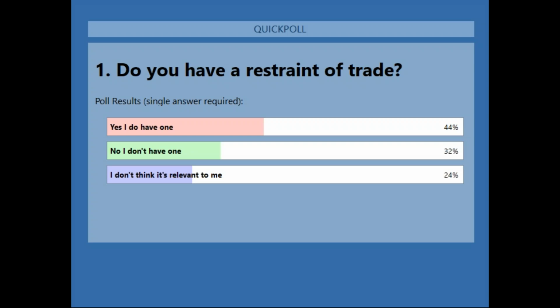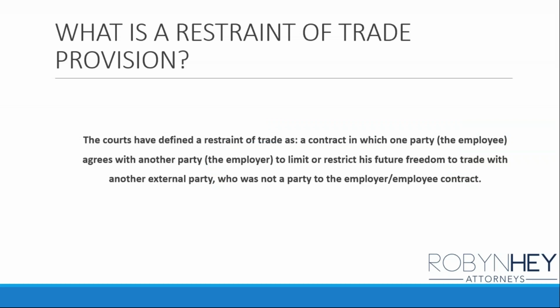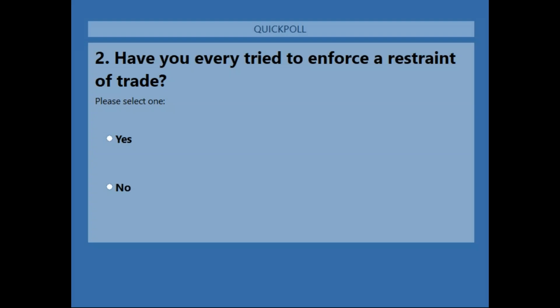Yes, I think it's not surprising. A large majority of people have a restraint of trade clause. Often what happens is that it's not something that is relevant to their particular business, so it's very hard to enforce. And I know that you're all going to look embarrassed and look around the room, but very often people download off the internet various clauses. They find out they need a restraint of trade, or they think they need a restraint of trade, but they don't want to pay anyone to do it, and so they download a clause off the internet, pop it into their agreements, which they've also downloaded off the internet, which I can understand, times are tough. And then they have a beautifully dysfunctional agreement, which helps no one.